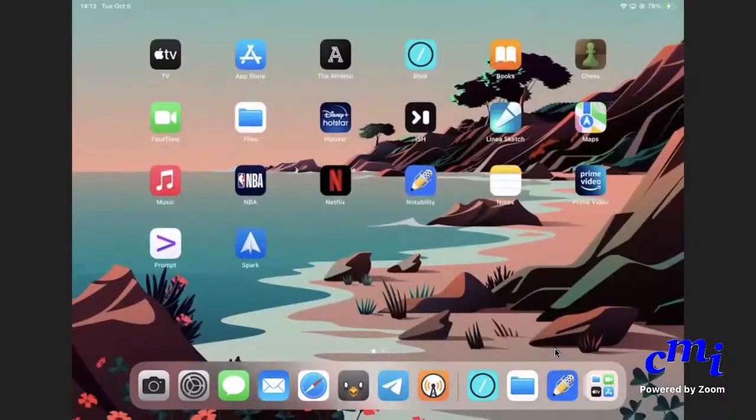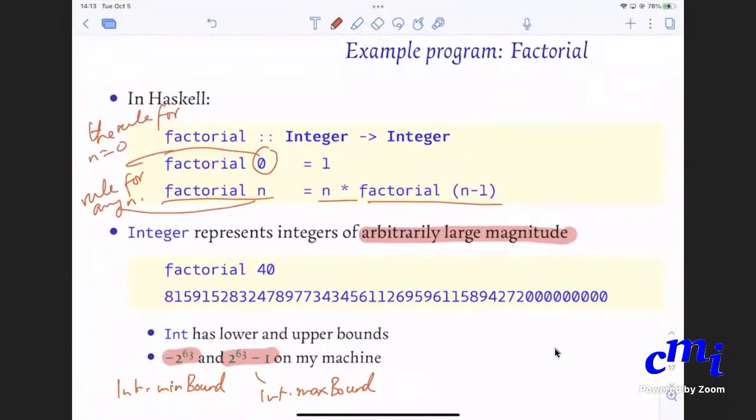So minBound denotes the minimum bound for any type whatsoever, and you need to give the precise type for it to give the correct bound that you are seeking.